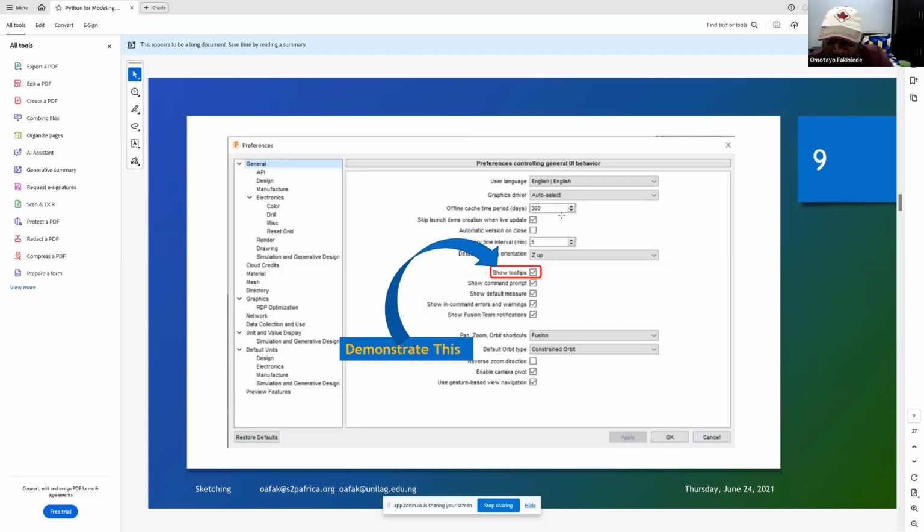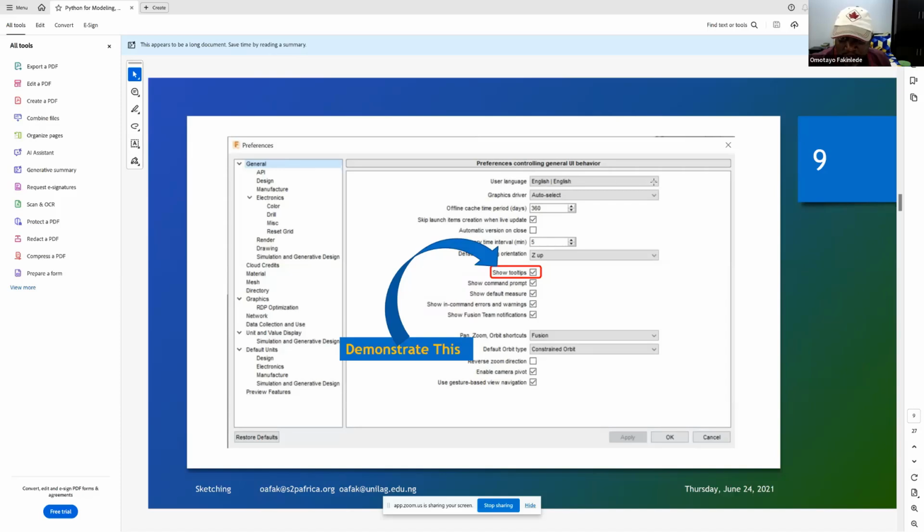For instance, you will see where I'm putting my mouse here, Z up. That Z up means that here we have chosen Z up. If you click that drop down, you'll see that you could also have chosen Y up. It only allows you to put either Y or Z up. We know that the X axis is always horizontal, but Y can be vertical, Z can be vertical. So when you are in 3 dimensions, it depends on how you want it. There are textbooks which make Y vertical, and there are others which make Z vertical. I choose Z to be vertical for myself, but you are not constrained and you are not compelled to do the same thing. You'll see that in the general preferences of the UI,